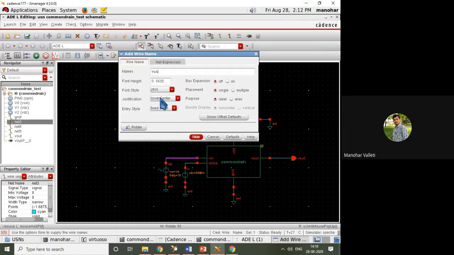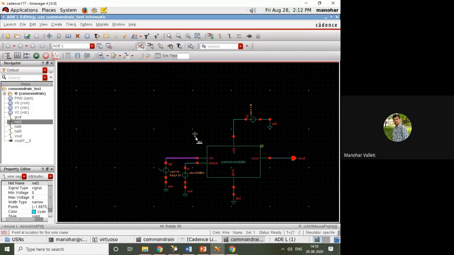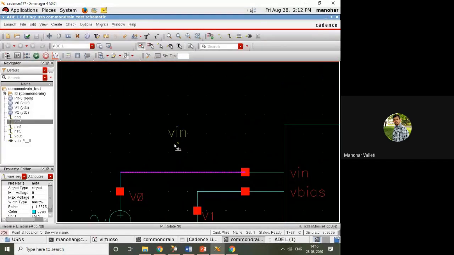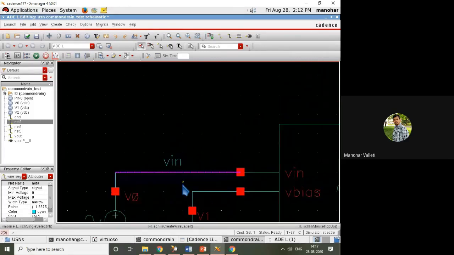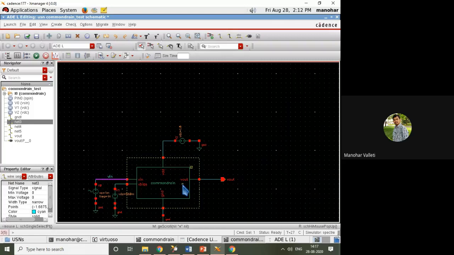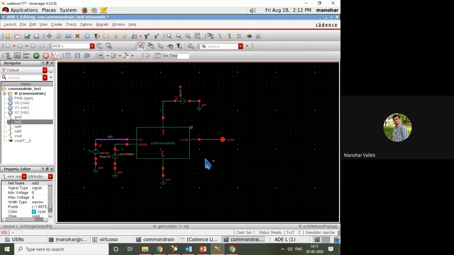So give vin, hide, and bring that name, and this square box is there, right? The square box has to touch the wire and click OK. So for this wire, that name vin will be appended. So that when you select that wire, the name will be shown.